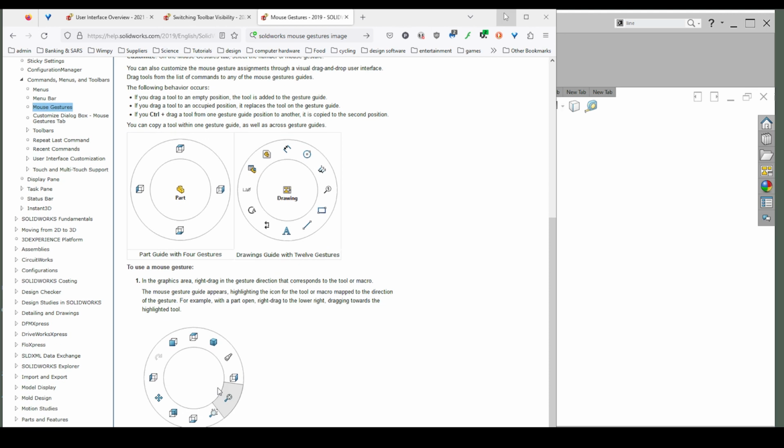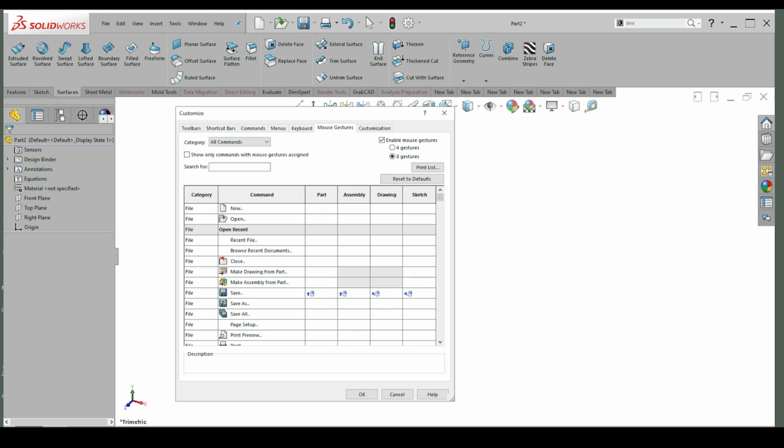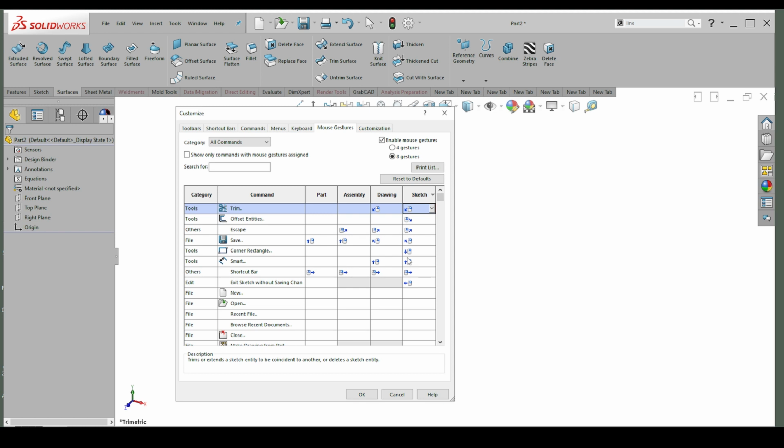I had it available earlier, but it's disappeared for the time being. Anyway, you'll have them on the side here, and you can just drag your commands across to the relevant mouse gesture. If you don't have that, you can just double click on any of these environments. So there's the part, the assembly, the drawing, and the sketch environment. If I double click on it, I can find all of my gestures with the relevant commands on the left